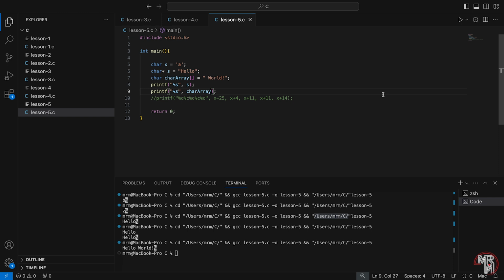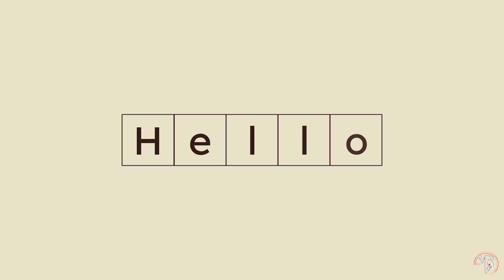And we get hello world in the console. Alright, so this variable s is a char pointer, while this char array is a char array variable. Both can be used in C to represent strings. Then what's the difference? A char array is a bunch of characters, and each character in the array is numbered